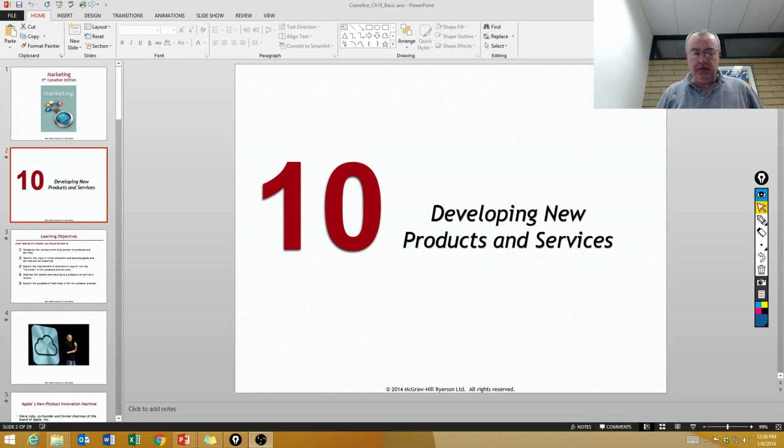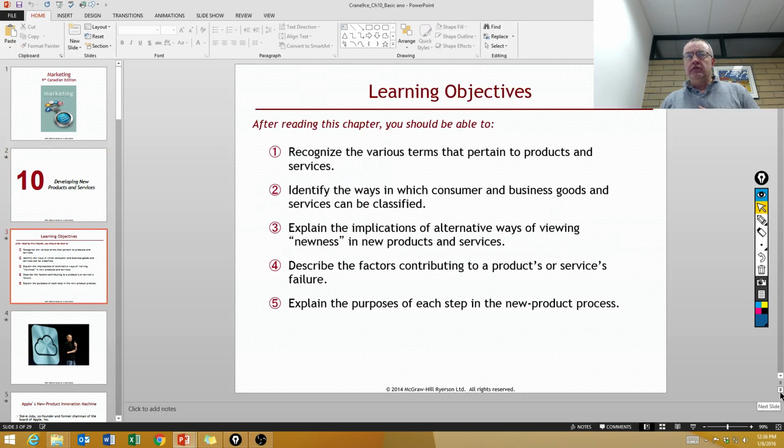And welcome to Chapter 10, Developing New Products and Services. So in Chapter 10, I think it is kind of an interesting chapter because we find the concept